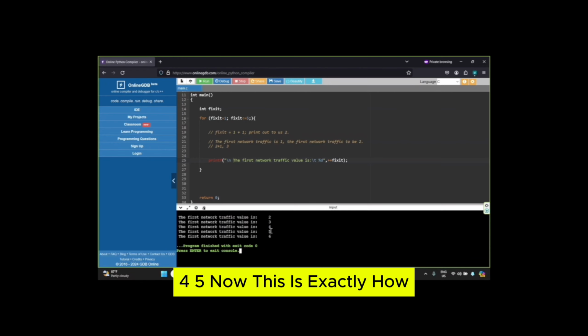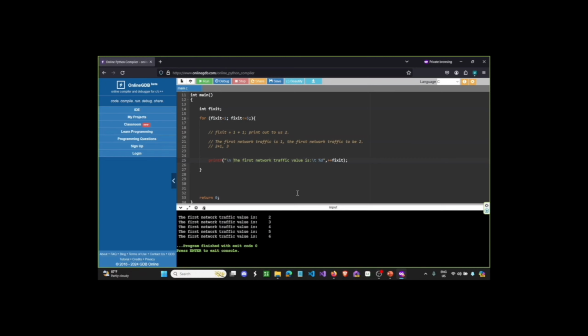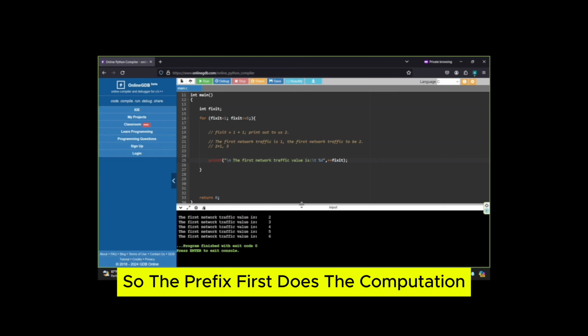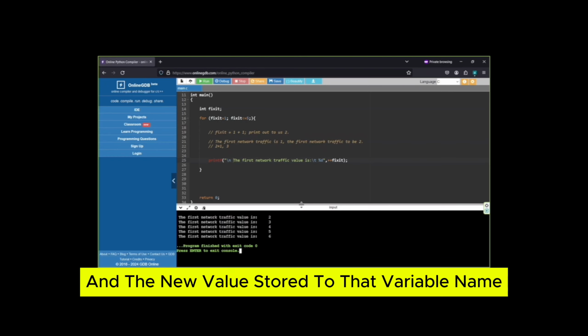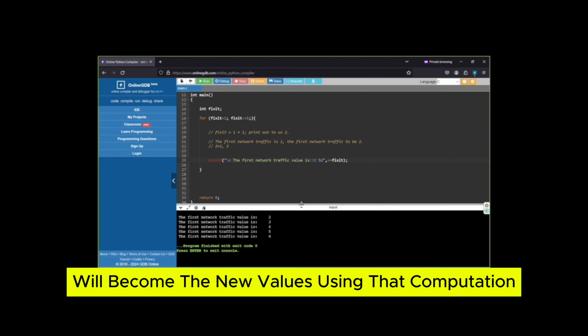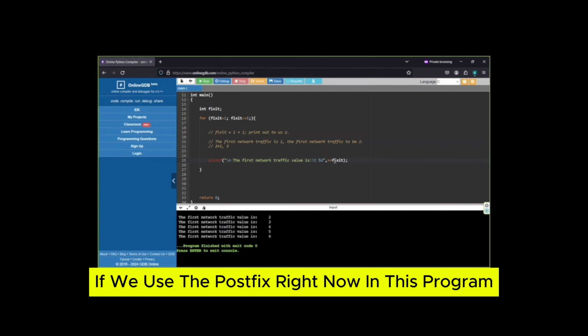1, 2, 3, 4, 5. Now, this is exactly how the prefix works. So the prefix first does the computation, and the new value stored to that variable name will become the new value using that computation. If we use the postfix right now in this program,